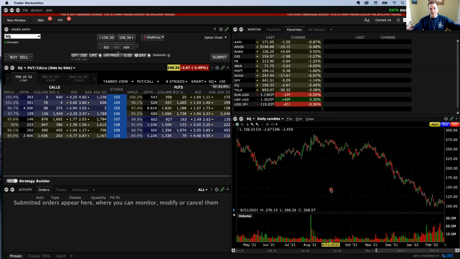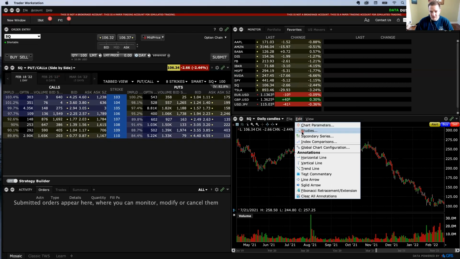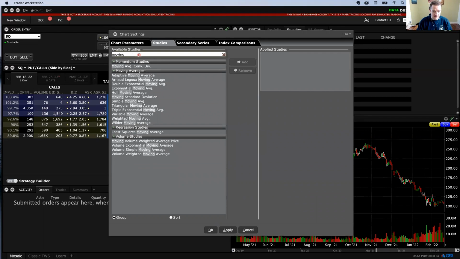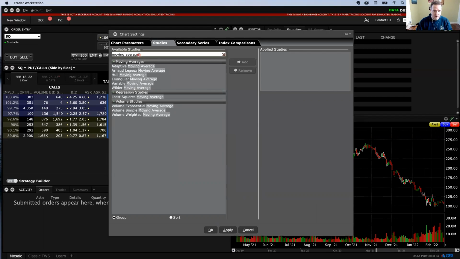Yeah, you want to add some stuff to this chart, make it a little bit easier to understand and interpret. So let's add some moving averages in here and get the chart up to speed, okay? Let's go to edit and let's go to studies. You can actually search these here. If you want moving average, you can search moving average and it'll pull up all these different kind